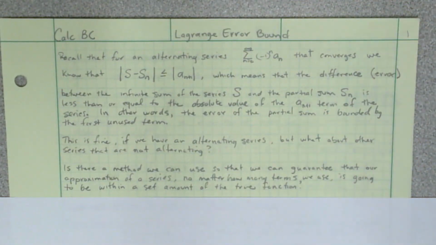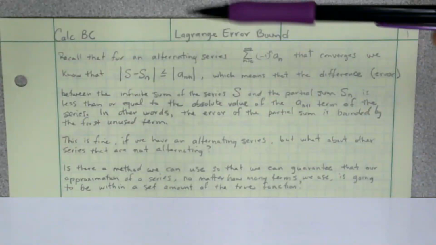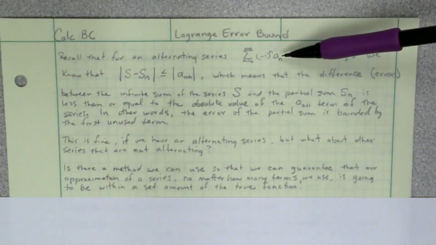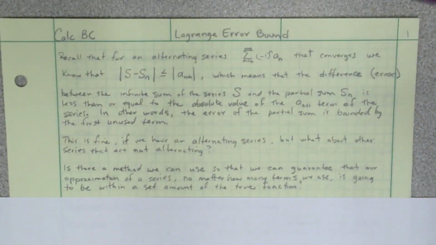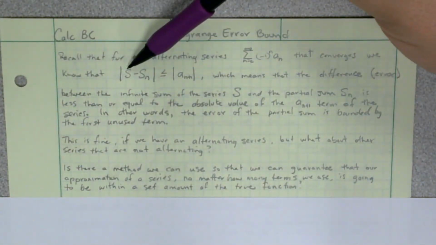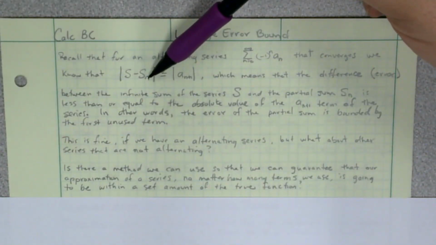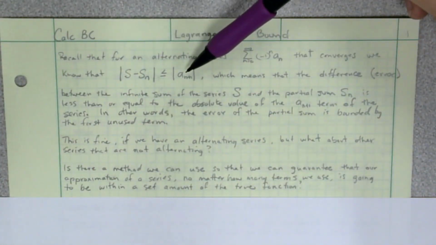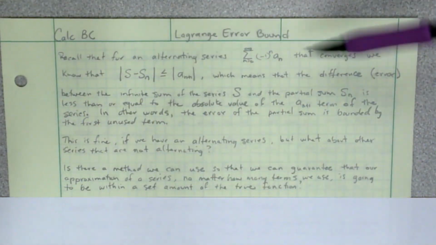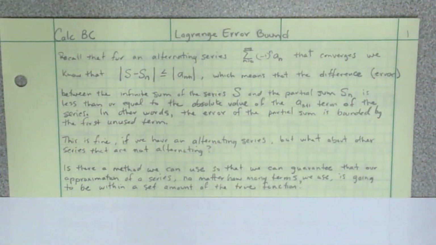And so let's do some recall here. Recall that for an alternating series that looks like such, that converges, we know that the sum of that series minus the partial sum to some term number n will be less than the next term in the sequence. Okay? Which means that the difference, the error between the infinite sum of the series S and